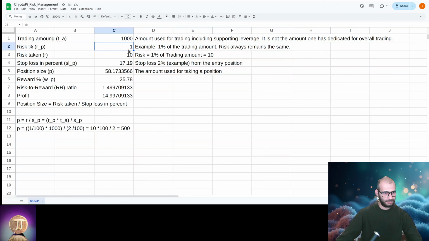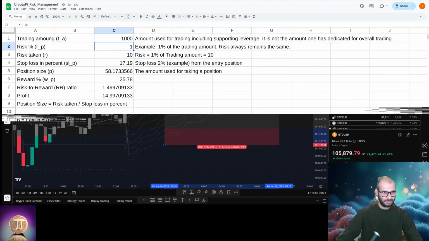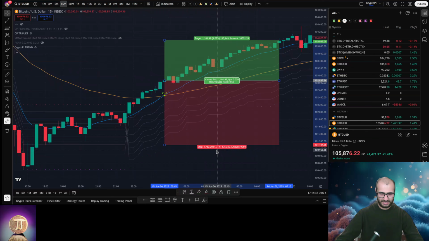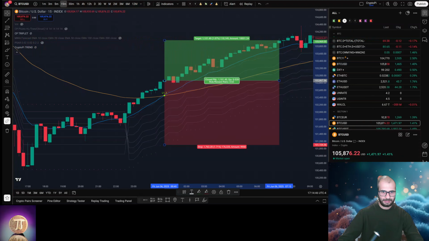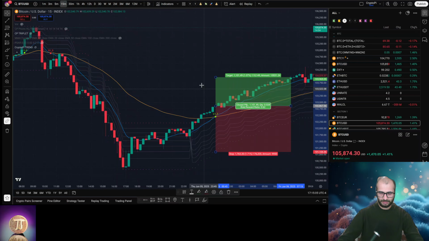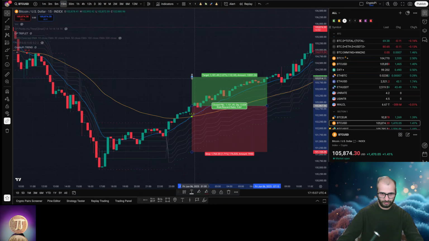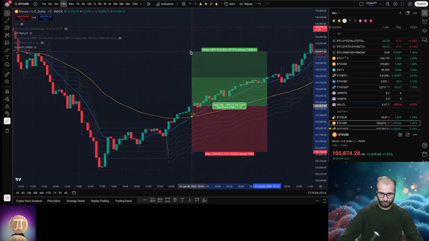All right, so we keep the risk at 1%. Our stop loss is at 1.71. So risk taken is $10. Stop loss is at, oh, it's the same, 1.71, just one more decimal shift. The position size now is 584. And where do we assume our reward will be? Let's continue to make it 1.15,